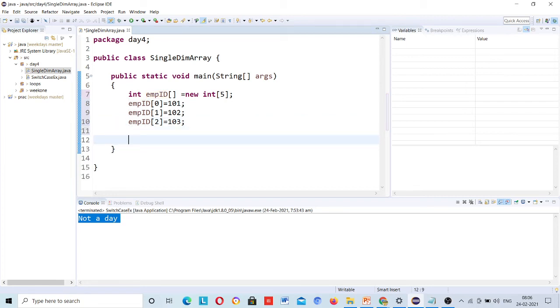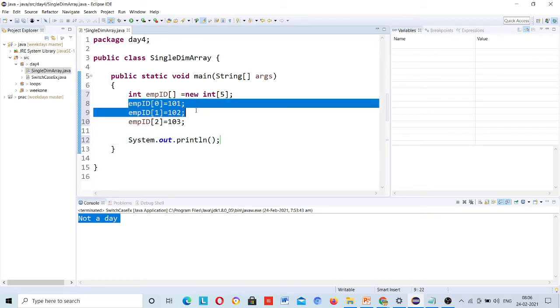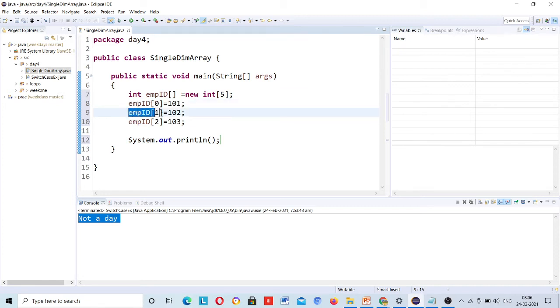If I want to print employee number 2 data, I write System.out.println. This is the first employee, this is the second employee, and this is the third employee. Array index starts from 0. So I just need to print this one. This is the way I print.